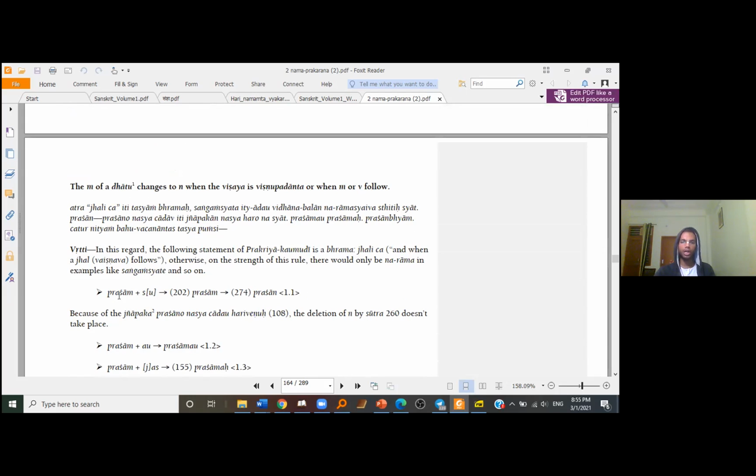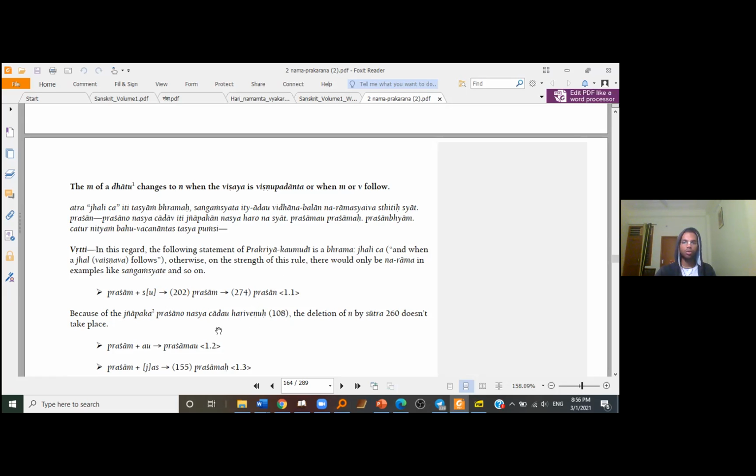So when we have prasham yukta su, Radha Vishnu janabhyam. Now the Vishaya is Vishnu Padanta, so the ma of dhatu changes to na. So it becomes prashan. I think the same rule is applied when the ta pratyaya is there. Or maybe ma Vishnu Chakram Vishnu Jane and then Vishnu Chakra Sari Venur, because even by that rule we can make prashanta. Anyhow, we'll cover that ahead. So it becomes prashan